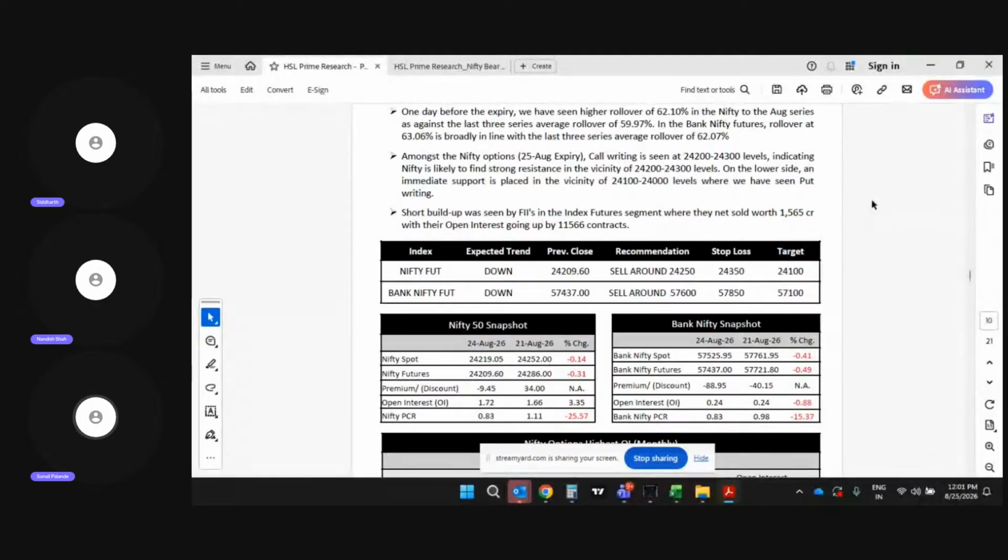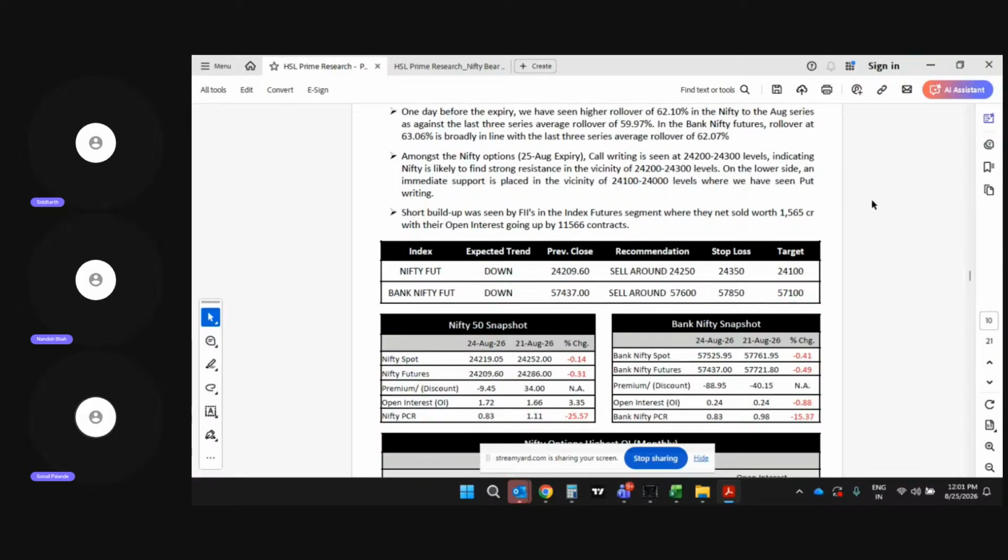So we have our research team with us. We have Mr. Nandish and Mr. Siddharth Deshpande from Prime Research Team, and they'll be helping us understand the derivative positioning, the option chain structure, key technical levels for today, volatility trends, and the potential trading setups in various indices from intraday and positional perspective as well. So I think we can start with the first question itself.